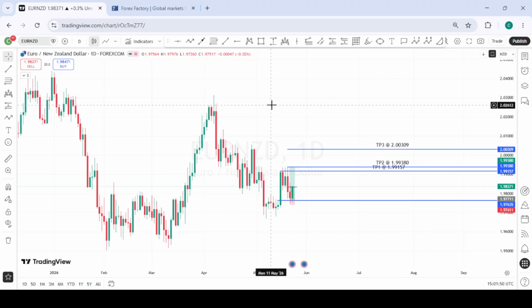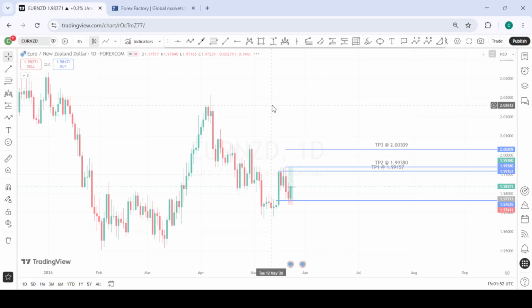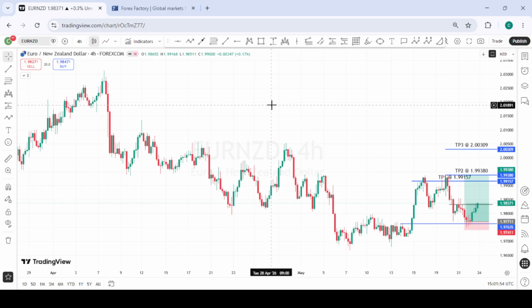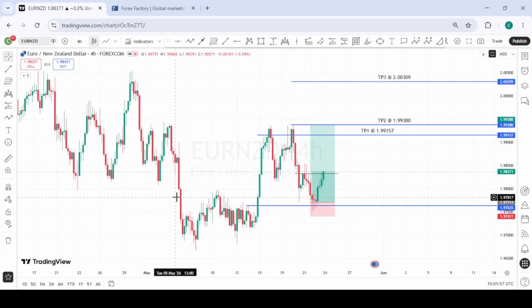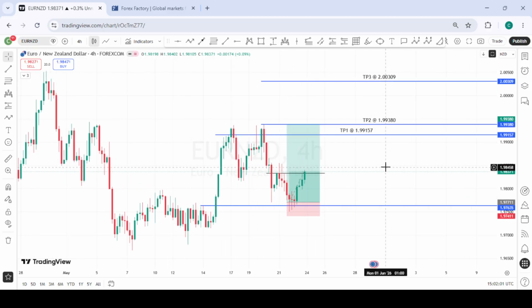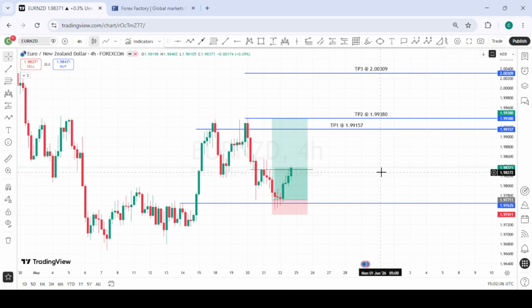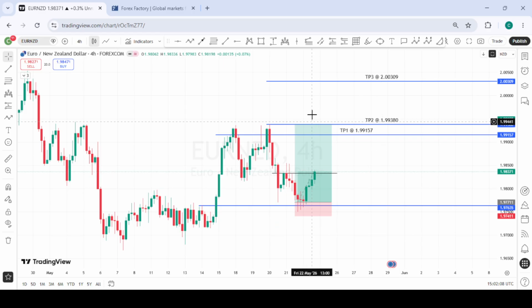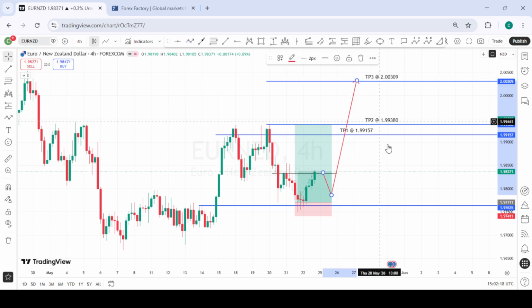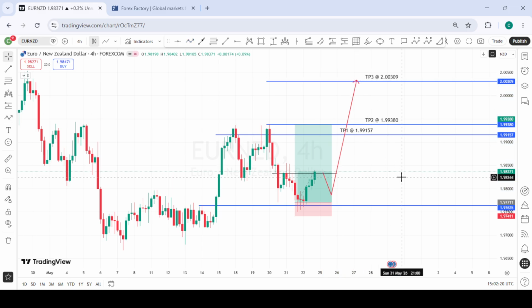This is EURNZD, and for EURNZD, this position was not taken, but we are reacting from an area of interest, a daily area of interest around there. I did pull that area of interest, and we also have a 4-hour structure shift reacting from that area of interest. So it's a very clean sign of a bullish move or bullish momentum. Going into next week, all we are waiting for is the higher low formation right here, or a possible right shoulder formation. Then we'll take our buys from here to the various targets we have over here on EURNZD. So we are very bullish on EURNZD.